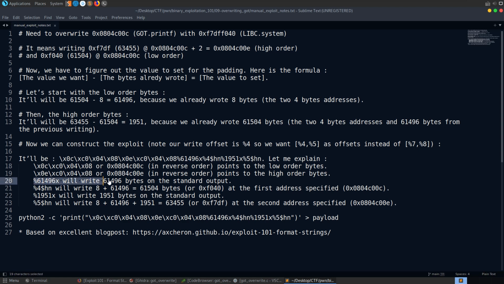And then we're first of all going to write the 61,496 bytes, which is this value. Remember, we subtracted 8 because we've done our first 2 addresses already. So this whole thing is actually, let me copy all that, this whole thing is actually 61504 bytes. And that's what we want to write at the lower order. So that is then going to be written with our %4hn. We can see here it's going to write 8 plus the 61496 bytes, which equals our 61504, the value that we want here, the F040, to the first address specified,